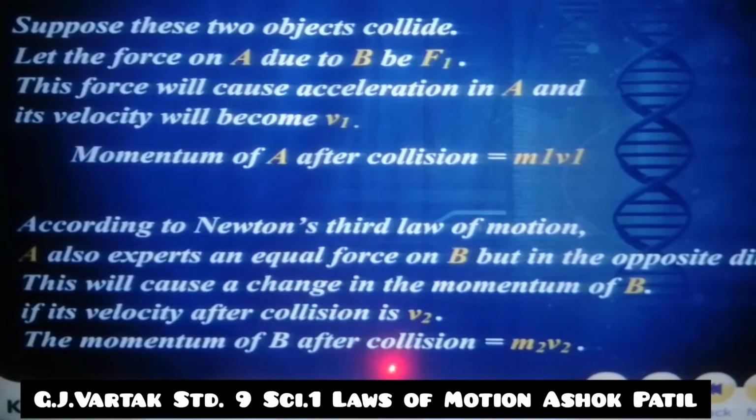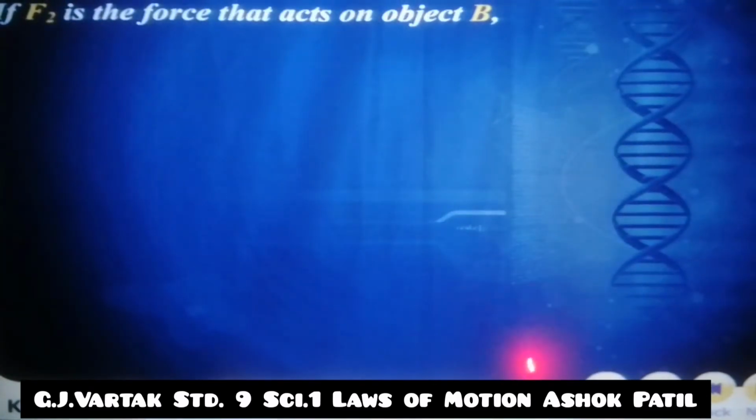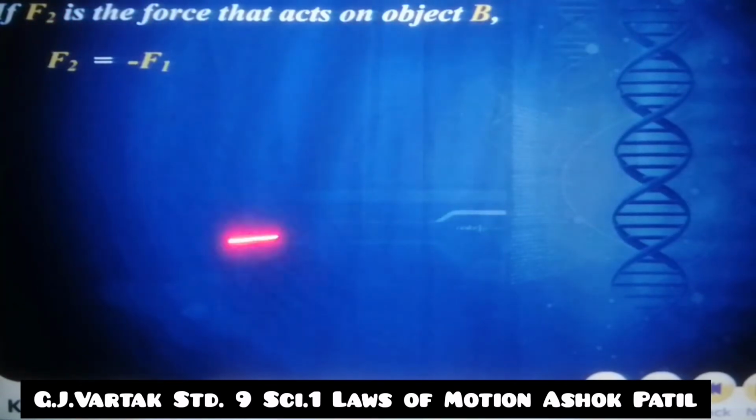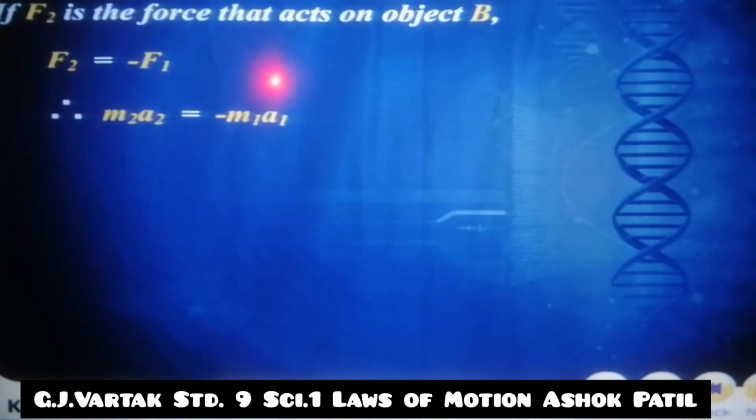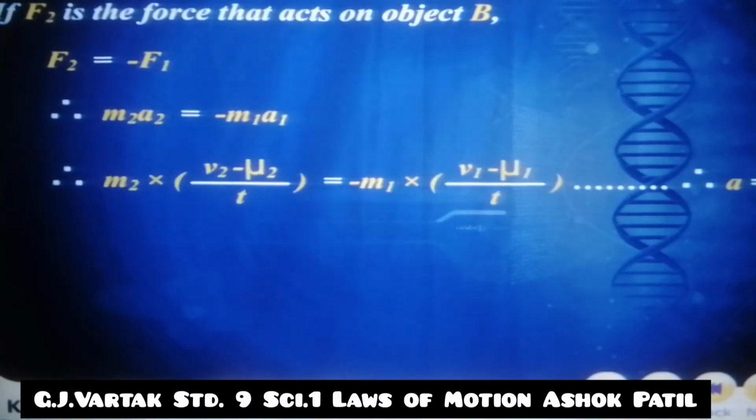The momentum of B after collision is m2 into v2. Momentum of A after collision is m1 v1. If F2 is the force that acts on object B, F2 is equal to minus F1. Therefore m2 into a2 is equal to minus m1 into a1. Therefore m2 into (v2 minus u2) upon t is equal to minus m1 into (v1 minus u1) upon t,